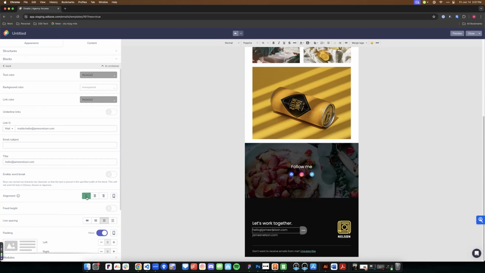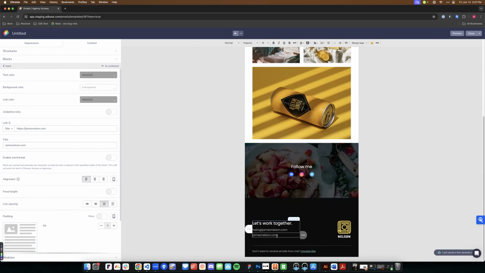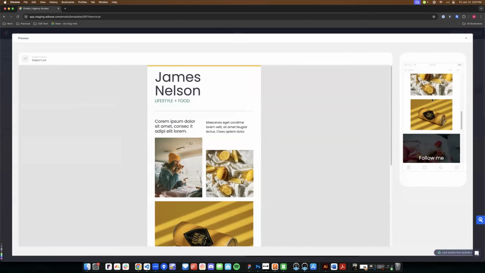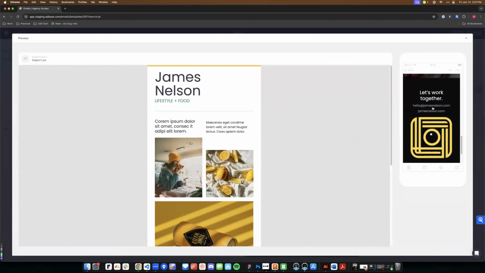I notice that it's aligned left on desktop. I'll click for mobile layout and I'll change it to center. And then I might as well, while I'm at it, do the same thing with this next one. So I'll come over here, there's desktop alignment, again, toggle to the phone, switch it to center aligned. And now again, if we preview, we'll come through here and we'll see this text is nicely centered now,